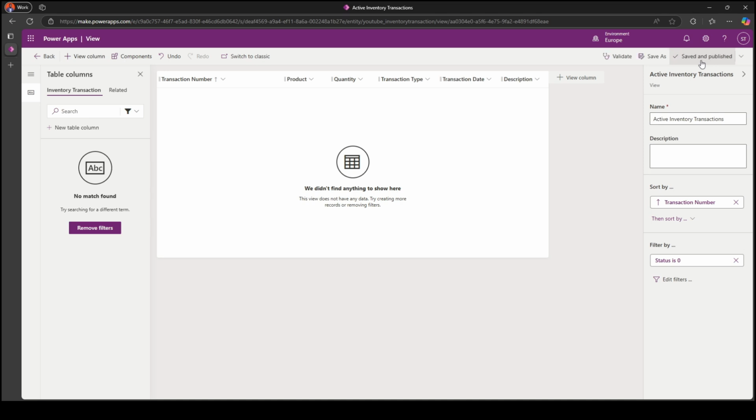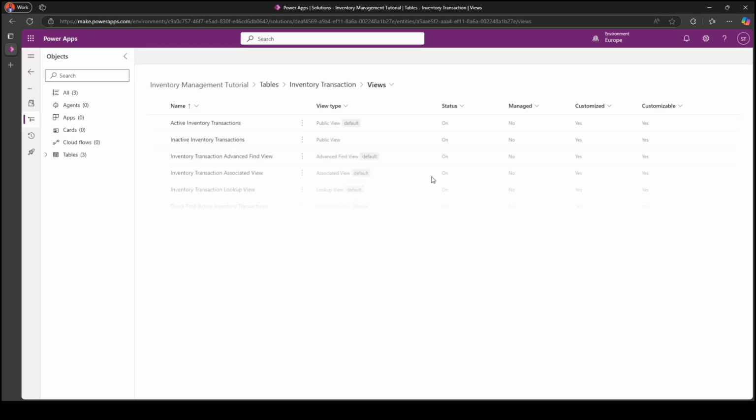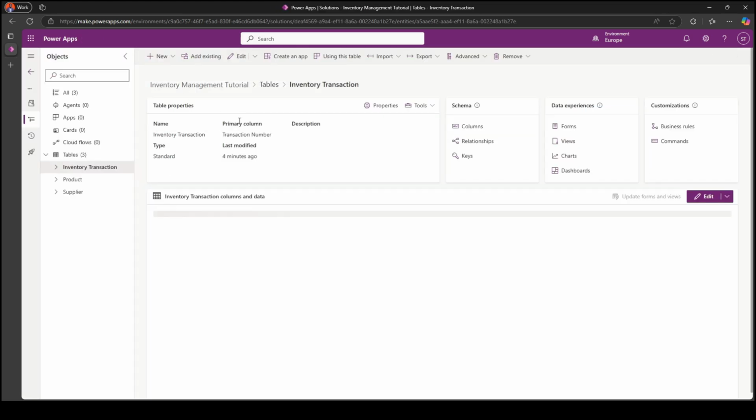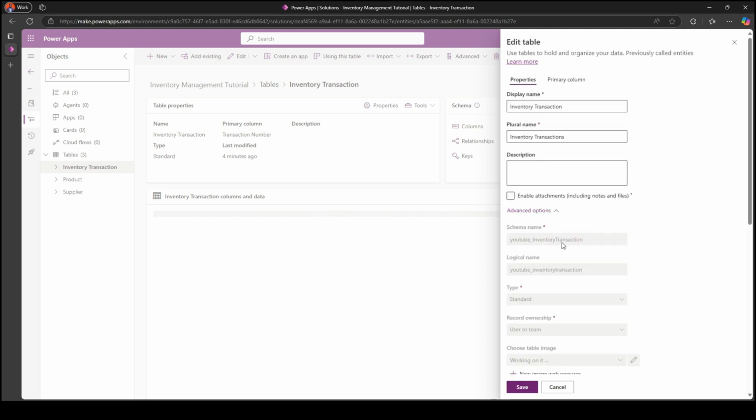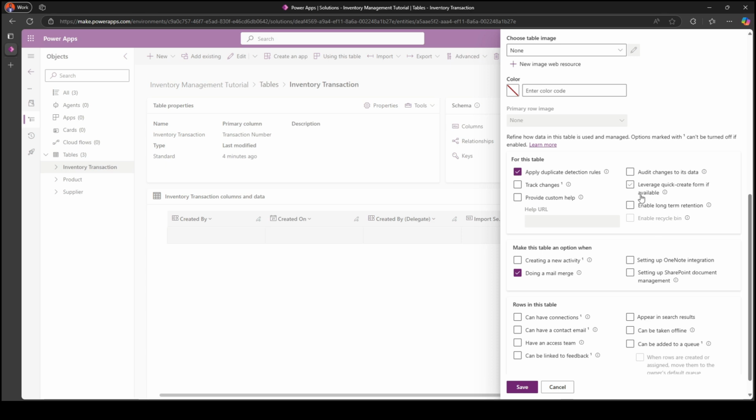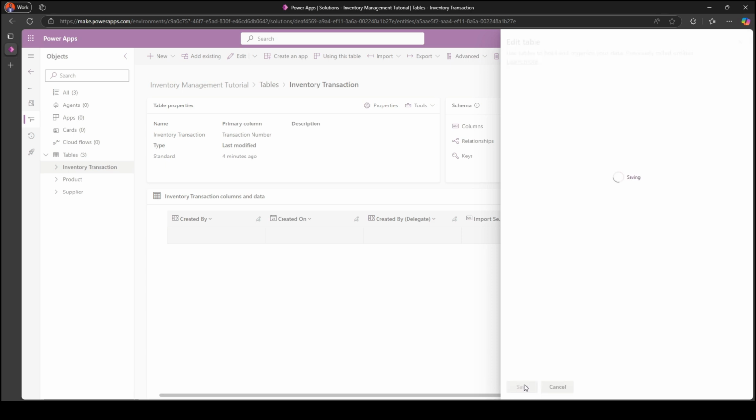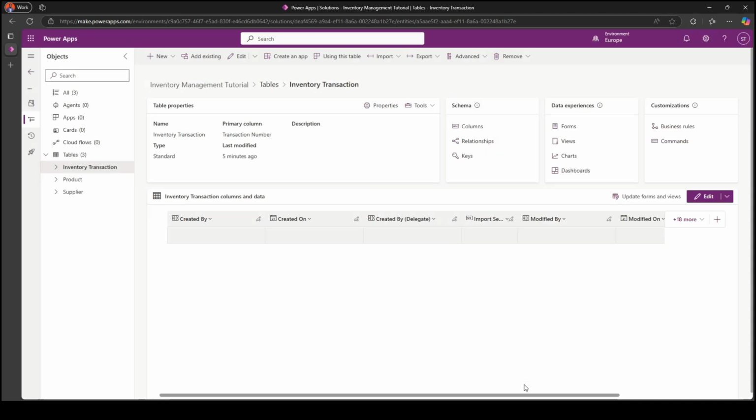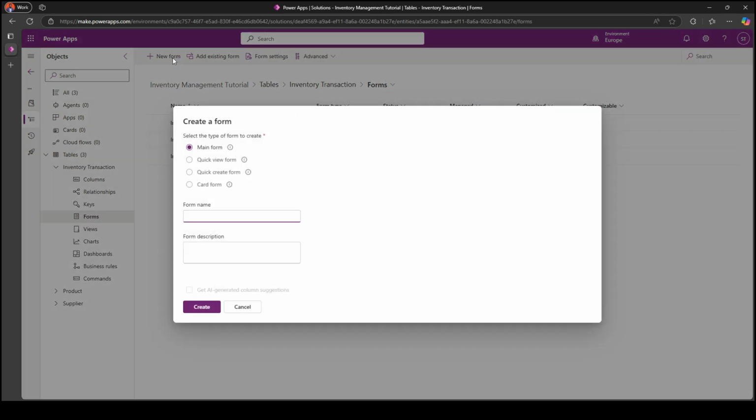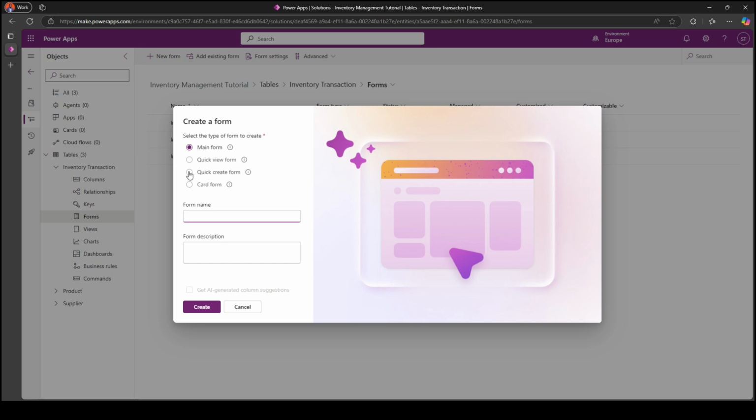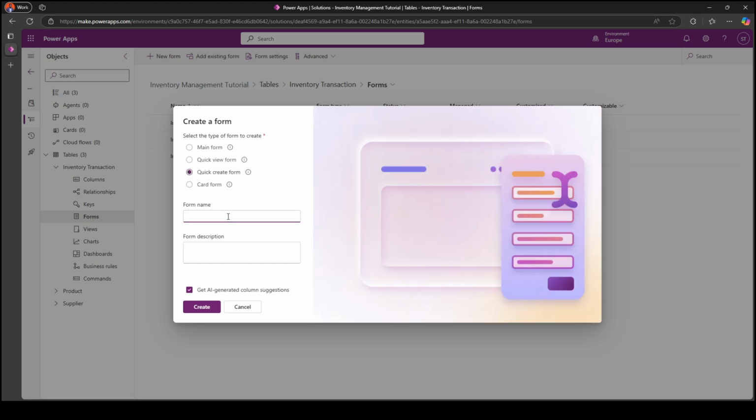So what I wanted to do as well is to just quickly activate the quick create form, because what the quick create form will do is that it will simplify the journey, because if I want to enter multiple transactions pertaining to one product, I don't have to be navigating through each and every different navigation screen just to perform that transaction. So what I'll do now is I'll create a quick create form. I'll just give it a name, quick create